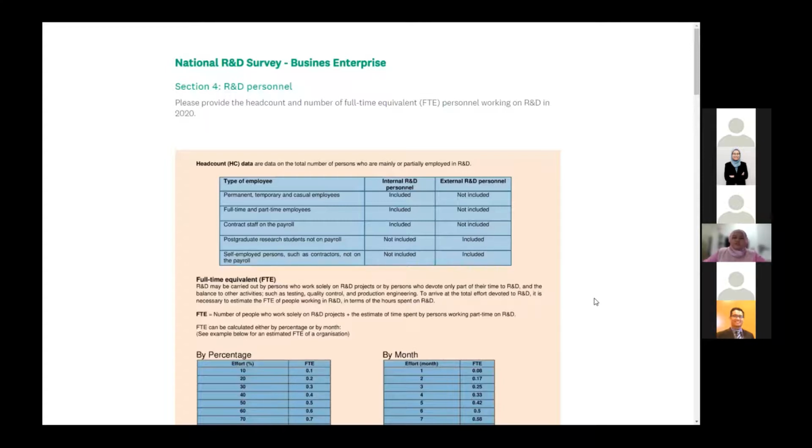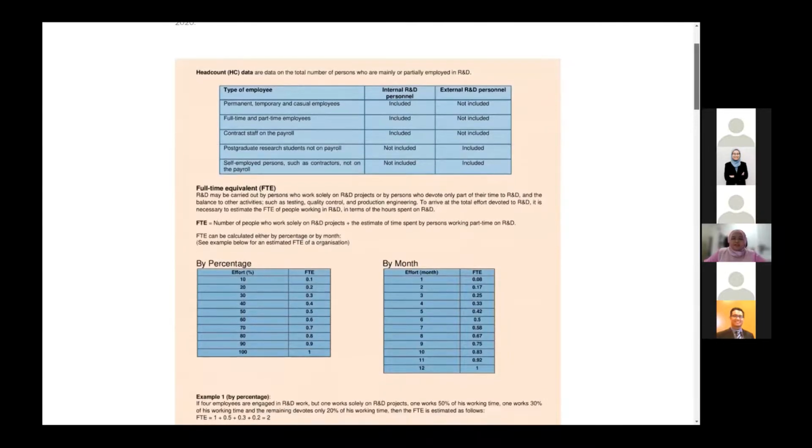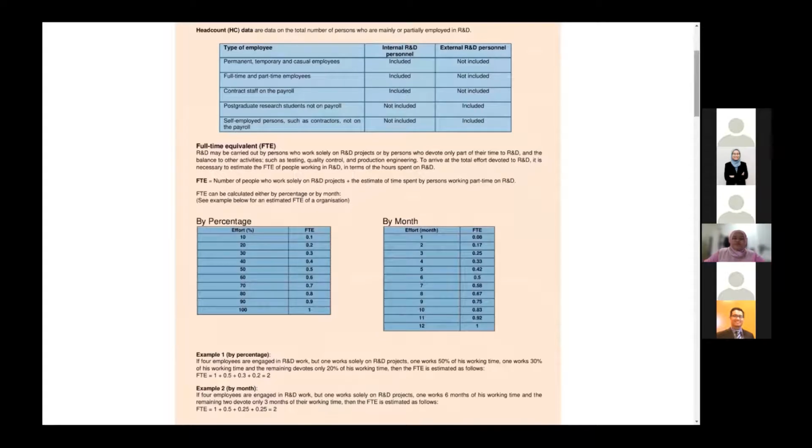For the next question, which is section 4, R&D personnel, is answered for those who said yes, they did conduct and also carried out research, which means there are R&D personnel within your company. Here we calculate it by percentage and by month. That means the full-time employees, it depends on how much dedication they have towards research. By percentage, meaning that, for example, a person might spend 70% of their time on research, but only 30% and the rest of the time for marketing. So if they spend 70% of their time as researchers, then it will be